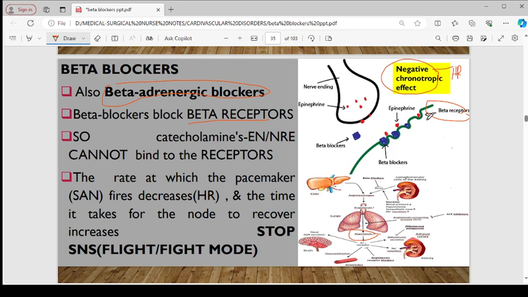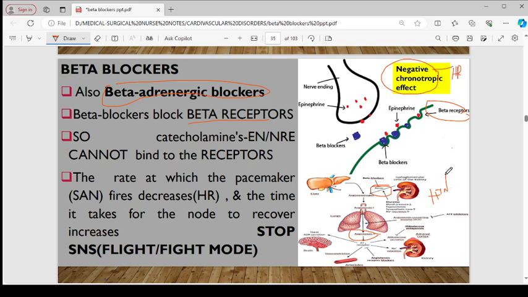Equally, beta blockers also suppress the renin production from the renin-angiotensin system. All right, so we have here the renin. It's blocked, and when it's blocked, it means we'll have minimal production of angiotensin 2. And this effect, we say it is very beneficial for patients who are hypertensive, because it will prevent the reabsorption of sodium and additional water that are going to increase the blood volume, hence again exacerbating or further increasing the